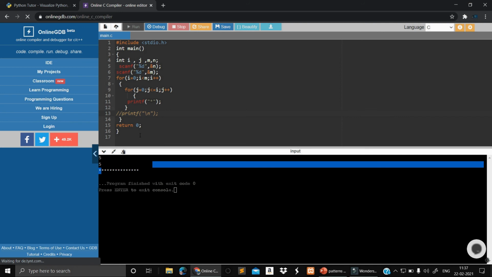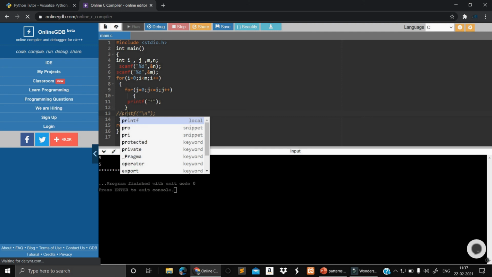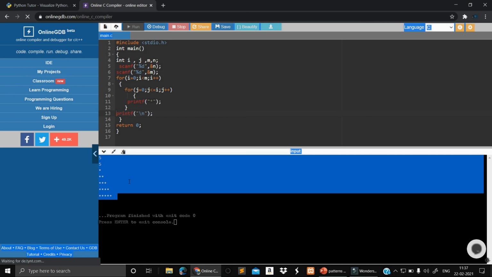So I don't want this thing. I want it to be in the pattern mode. In such a case, what I need to do is remove the comment from this line. So whenever it executes, it will go to a new line when it encounters that particular line. After one pattern I need to go to a new line and I have to increment the value of I, then it will be incremented to 2. It checks whether it is true or not, then it has to print 2 stars in the next row, right? Let's see whether it works or not. We'll check, sorry, 5 and 5. If I enter, I'm getting all the patterns in a clumsy manner, but I don't want that.